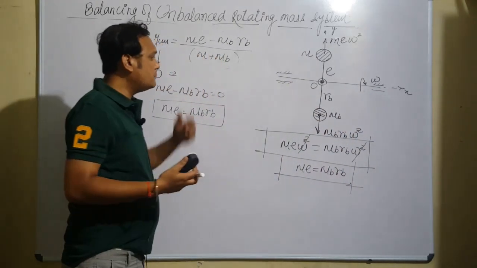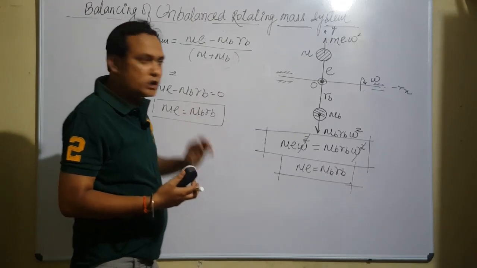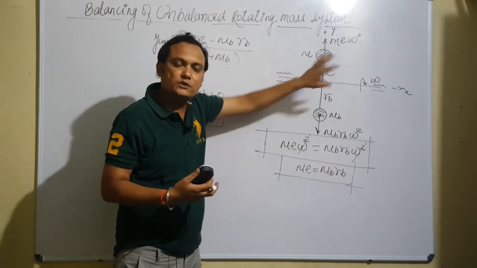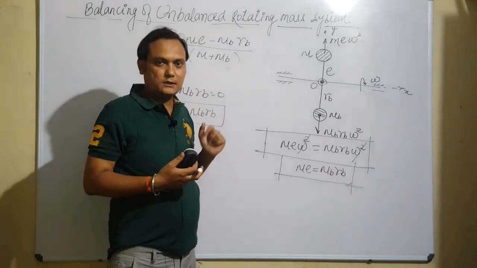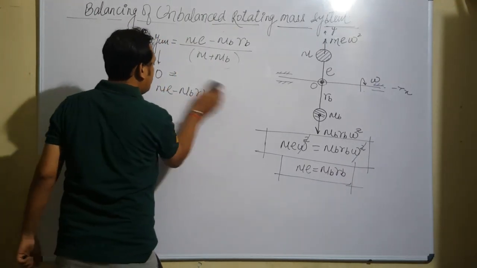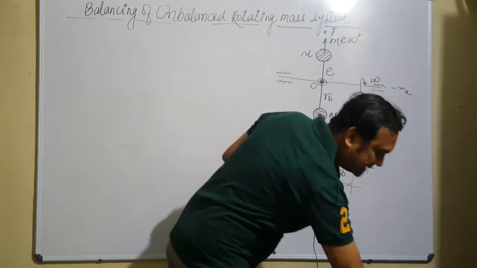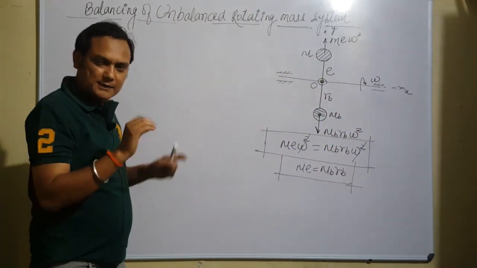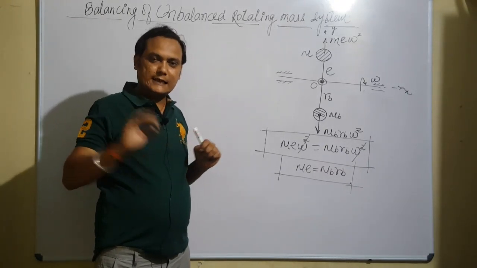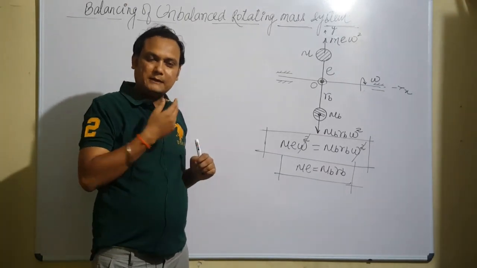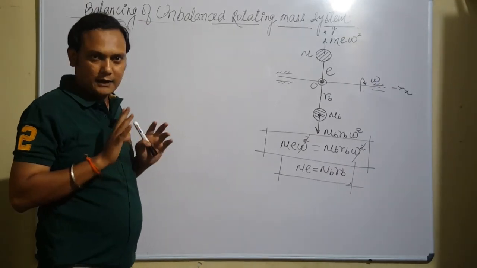Now my question is: is it sufficient only to bring the center of mass on the axis of rotation and you are done? No, that's not true. We'll see this and we will analyze. If you understand the single mass system, there is nothing different in multiple masses. Only calculation, that's it. The fundamental concept is the same. One mass is unbalanced, 50 are unbalanced, 1000, doesn't matter. The fundamental concept remains the same.